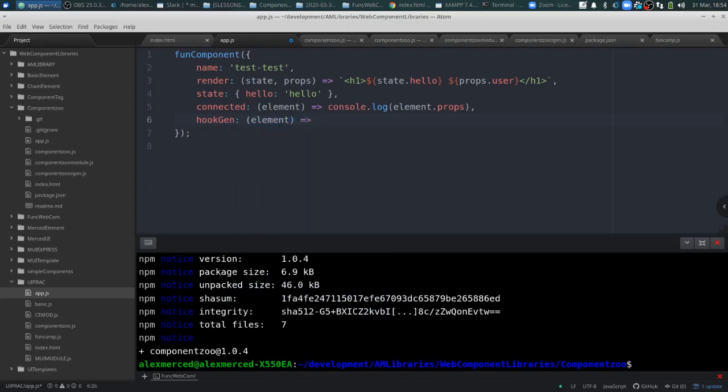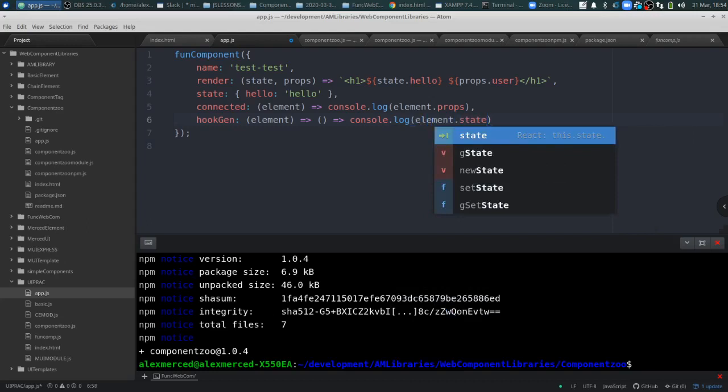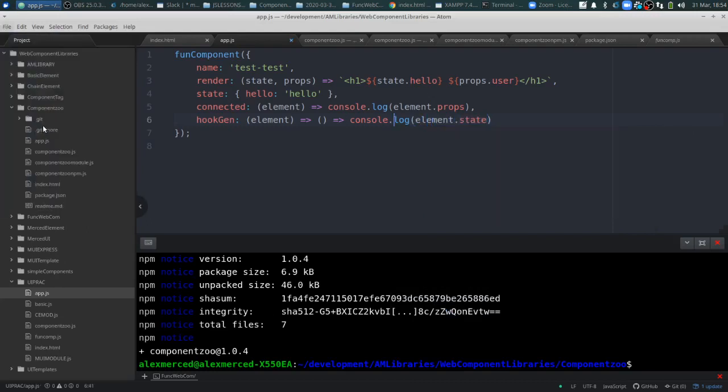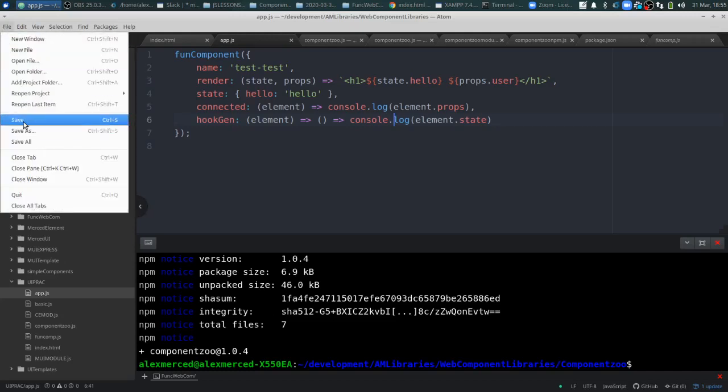Just to show you an example, I'm going to return another function, and what that function does is it's going to console log the state, element.state. Cool. So basically here you can define all the methods you want. Just instead of using this, you'll use element and have at it. And then the way this would work is if I wanted to use it,